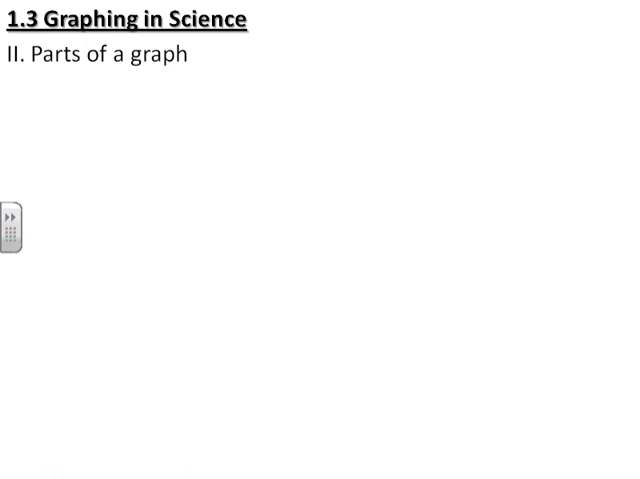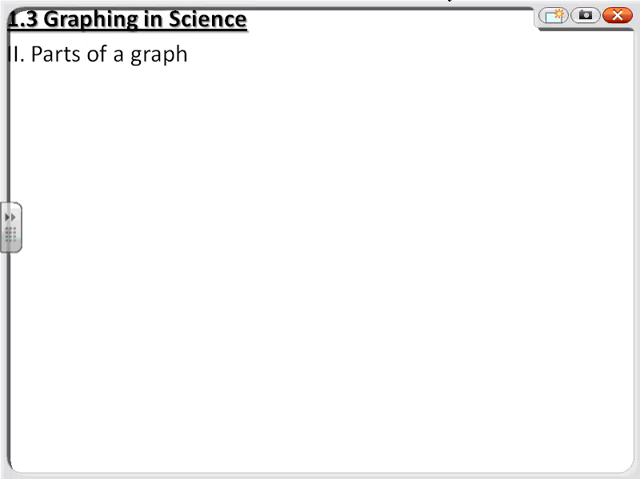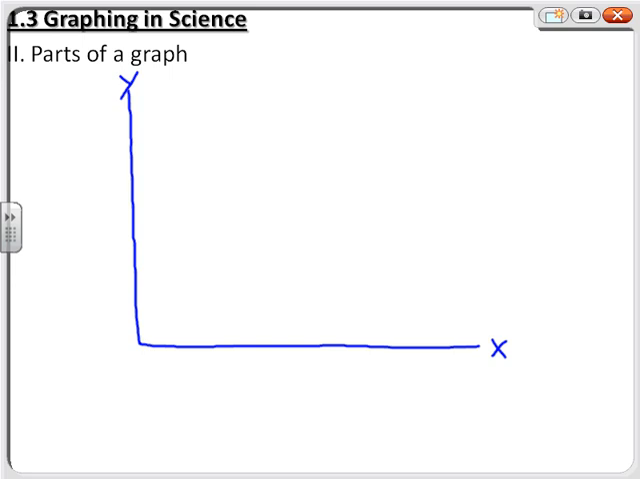Well, what does a graph look like? Let's quickly review the different parts of a graph. We have two axes in a scientific graph. We have the vertical axis known as the y, and the horizontal axis known as the x. In science, this is significant because the different variables we have in our experiment go on a particular axis. For example, the independent variable